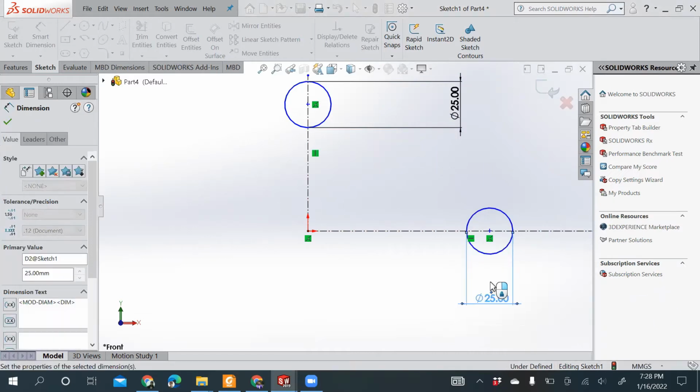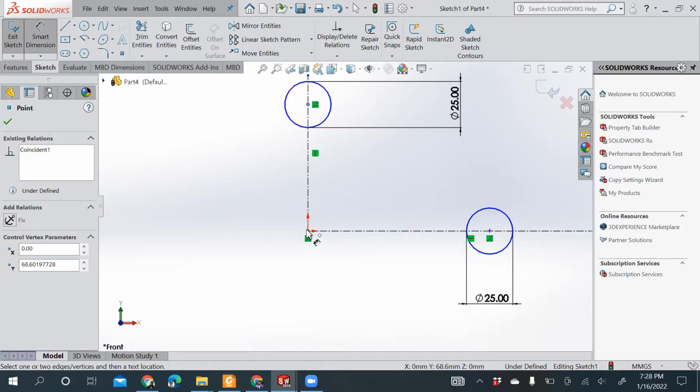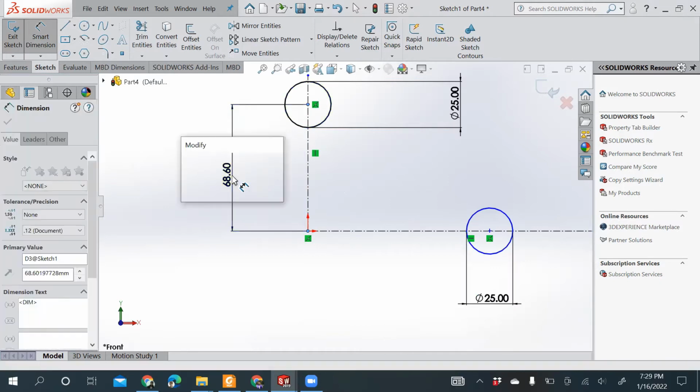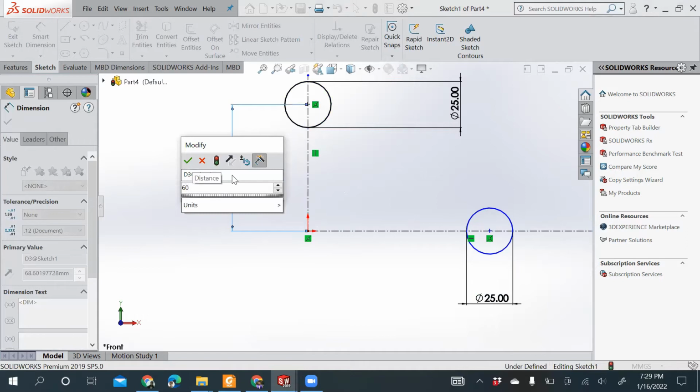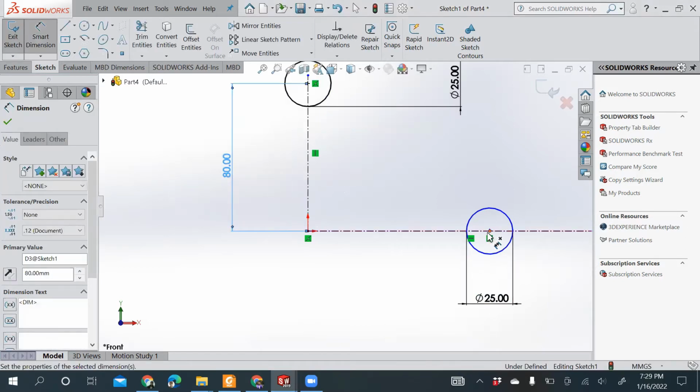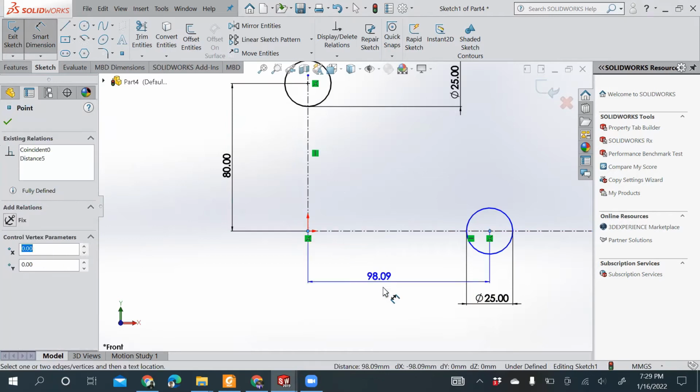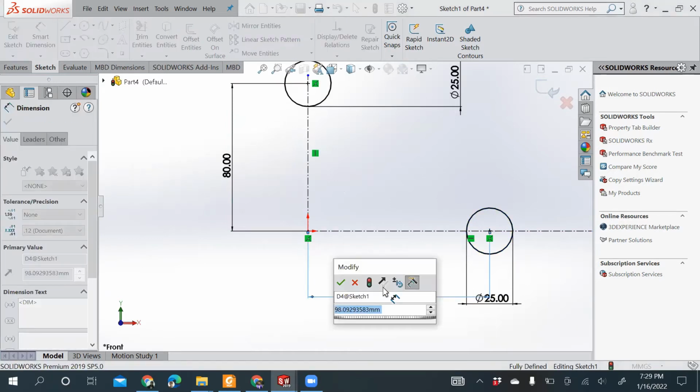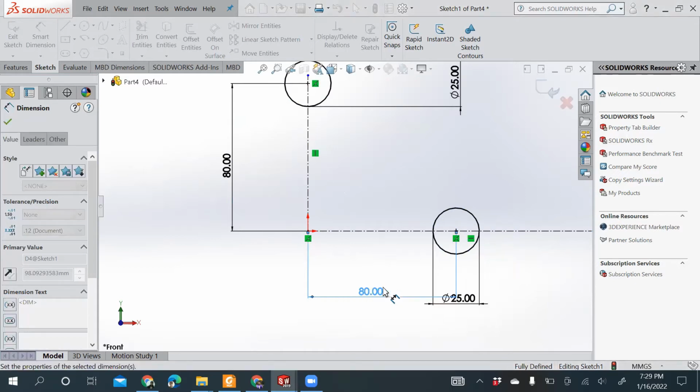They also need to be at the same distance from the center, so that needs to be dimensioned as well. This I'll keep as 60 or 80. The same dimension goes with this part also. This I'll put as 80 units.